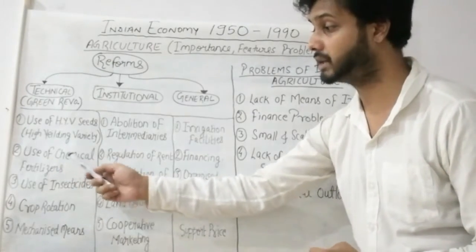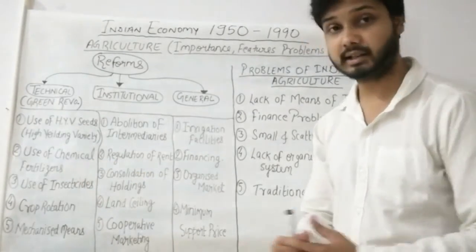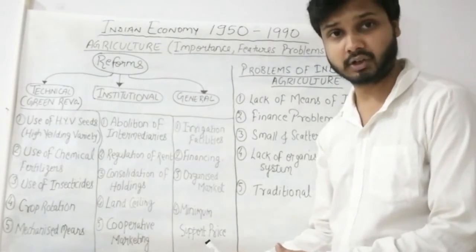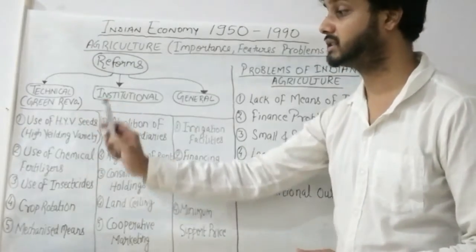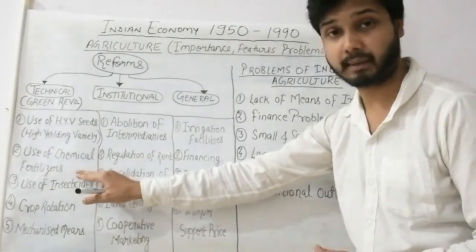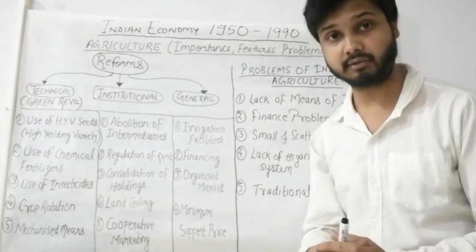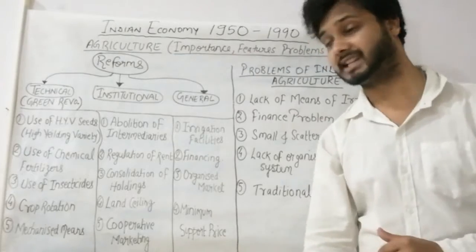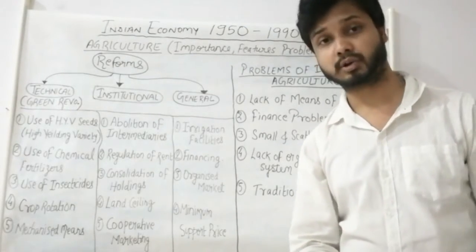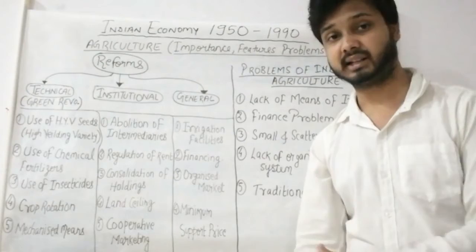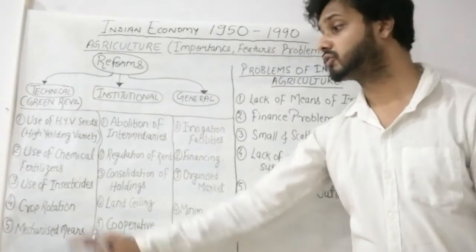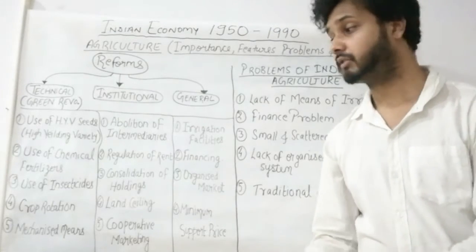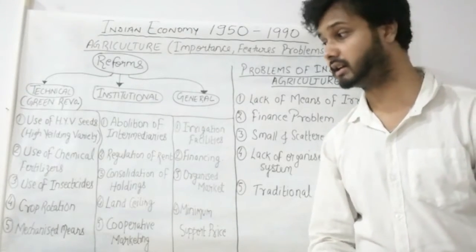Second is use of chemical fertilizers. Earlier farmers were not using chemical fertilizers. They were just naturally dependent on soil fertility. But as per these reforms, farmers were now provided with chemical fertilizers which could increase the fertility of the soil and hence the production. The third one is use of insecticides. Most of the crop production was eaten up by the insects present there. So the solution was use of insecticides and pesticides, which would kill the insects and protect